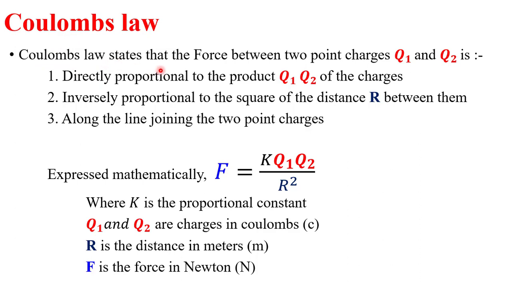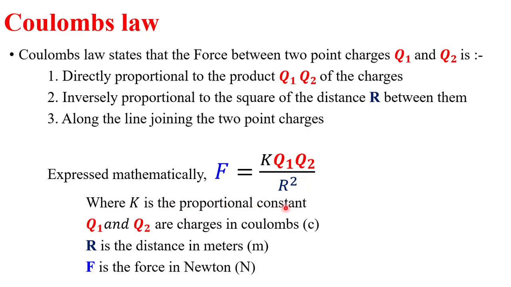Coulomb's law states that the force between two point charges Q1 and Q2 is directly proportional to the product Q1 and Q2 of the charges. It is inversely proportional to the square of the distance between them. Let that distance be capital R, and that force is along the line joining the two point charges. Mathematically it is expressed as force F is equal to K into Q1 into Q2 divided by R square, where